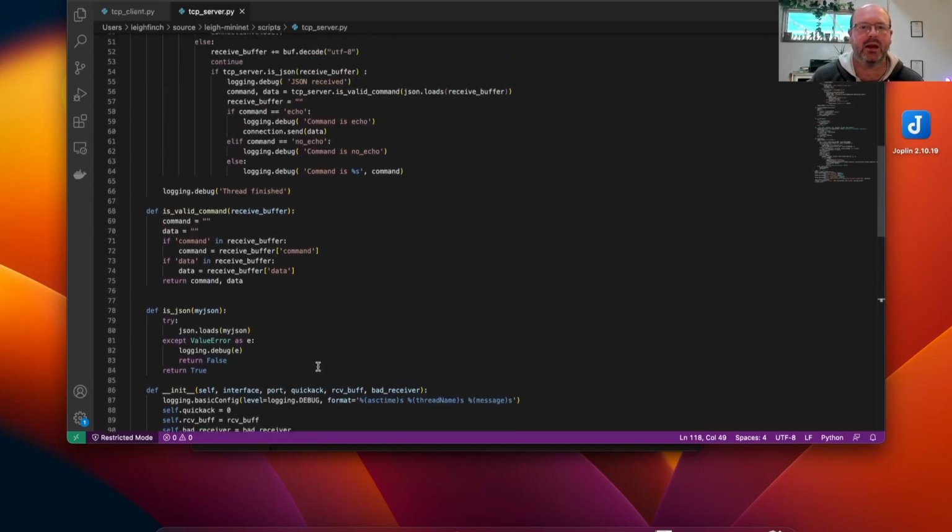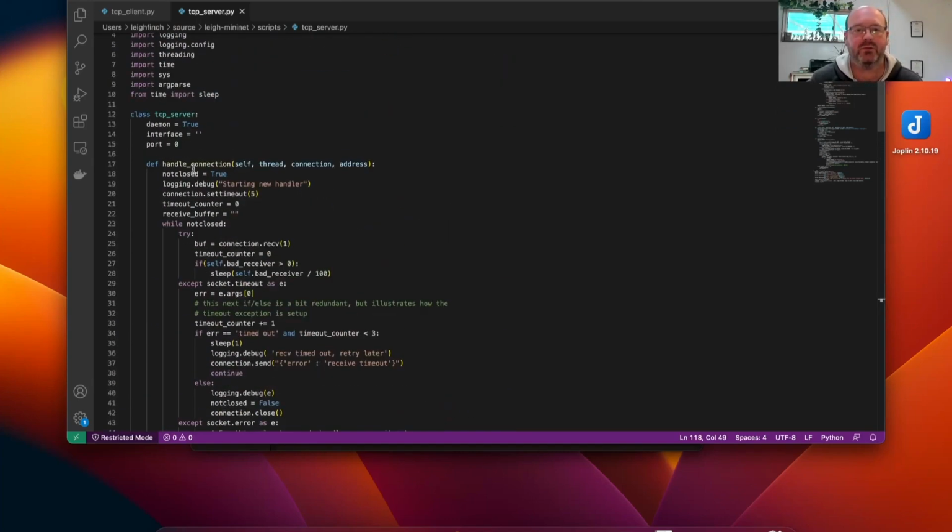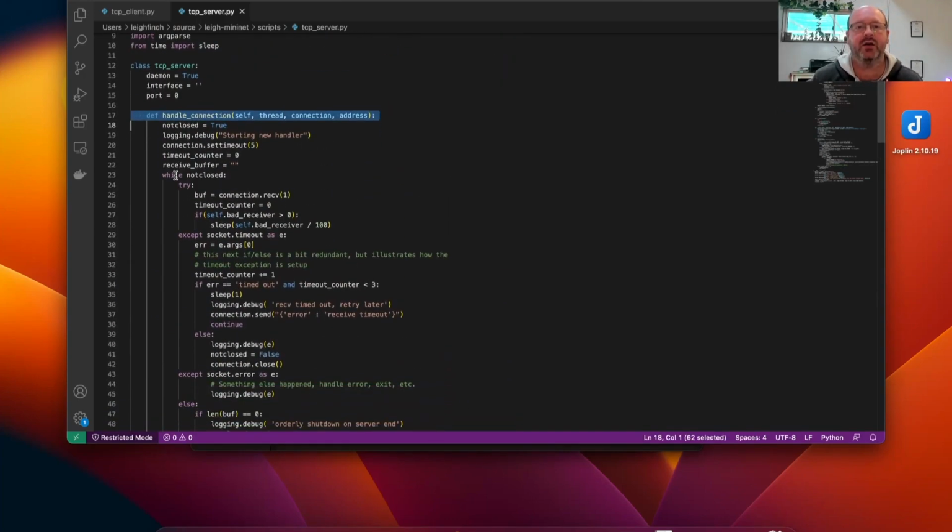Inside the thread, which is this handle connection here, I've got the ability to go, well, while this is not closed, read from the buffer 1 byte. Again, that's terrible coding, but for the purposes of this, makes sense. And then I've got some exceptions down here, and effectively it will run through and run some commands if I want to echo data back or not. That's effectively what this TCP server is doing, and I'll put this on GitHub eventually and link it in the